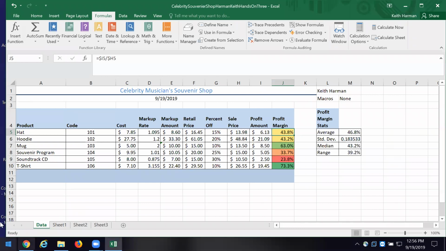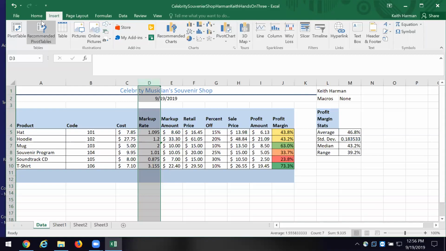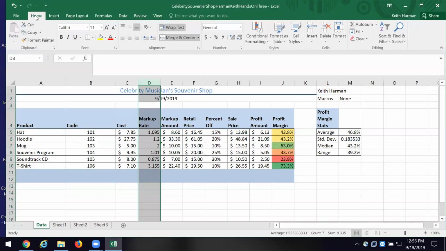Let's do it one more time, and I want to put a column here between D and E, so I'll click on D, and then I'm going to click insert, and I'm going to find, where do I find insert a column? On the home tab. I'll go over to cells, and I'm going to insert a column.